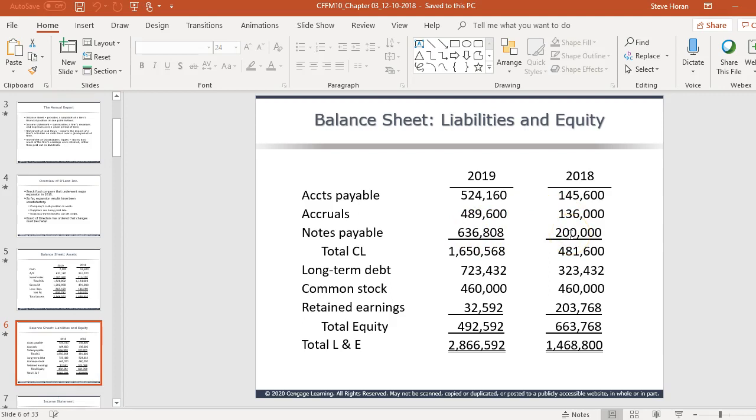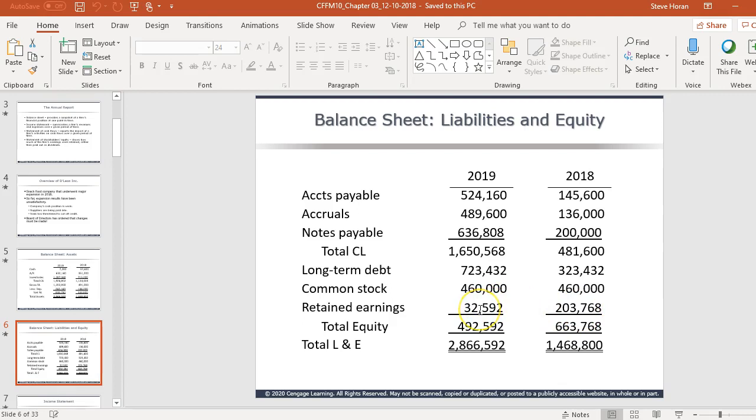Look at notes payable. It goes up from 200 to 636, an increase of 436,808. And then long-term debt goes up by $400,000 exactly. So between notes payable and long-term debt, that's a little bit more than an $800,000 increase in debt. Common stock did not change, and that tells us that they did not issue stock to fund the expansion, and